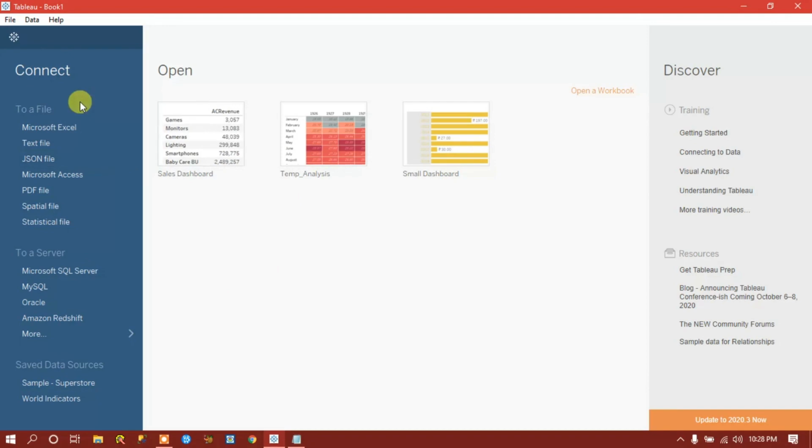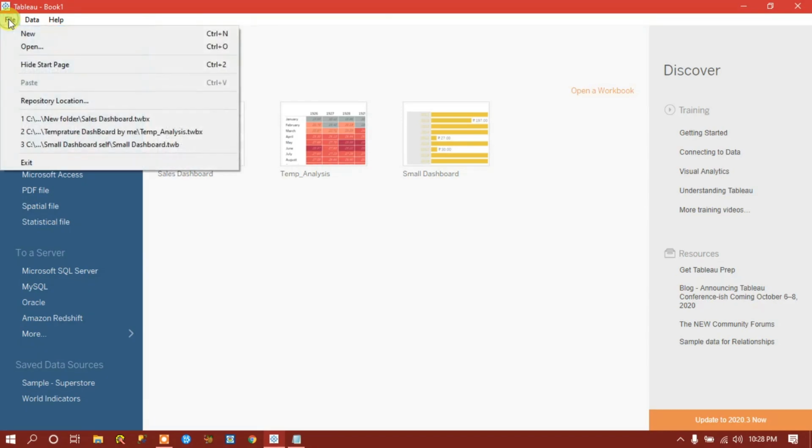So we have File, then Data, then Help. I will give not a detailed but a brief introduction to the Tableau interface. If I hover my mouse over File and click on it, you will get New, Open, Hide Start Page, Paste, Repository Location, and then the recent files that I have used.